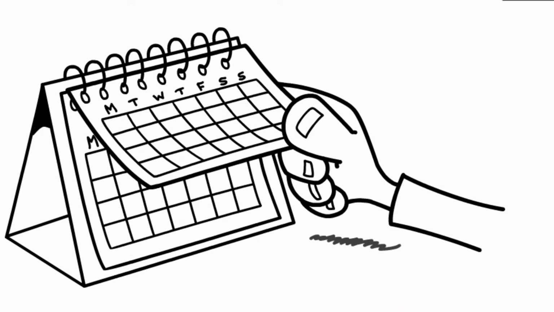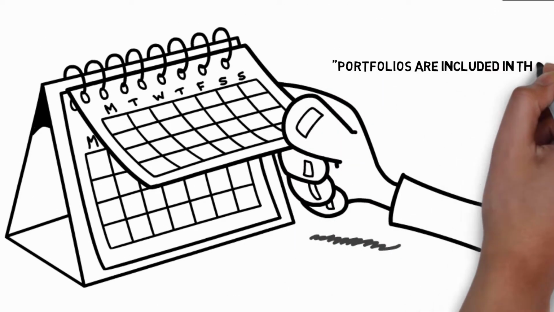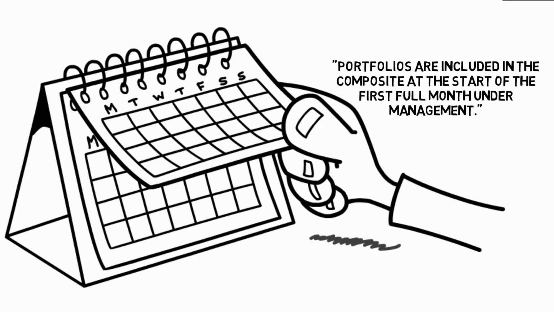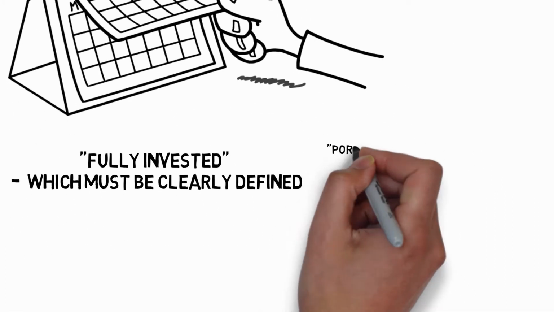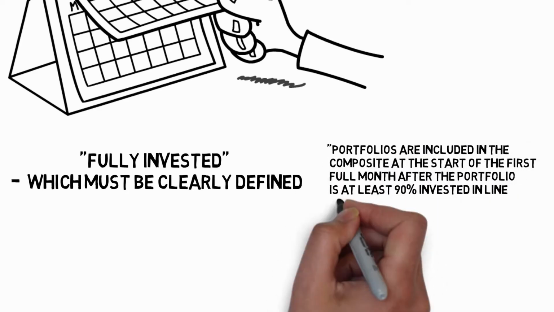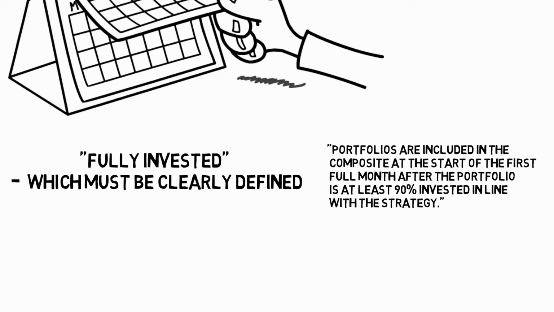If based on time, the policy may be written as portfolios are included in the composite at the start of the first full month under management. Alternatively, if based on when the portfolio becomes fully invested, the policy may be written to state portfolios are included in the composite at the start of the first full month after the portfolio is at least 90% invested in